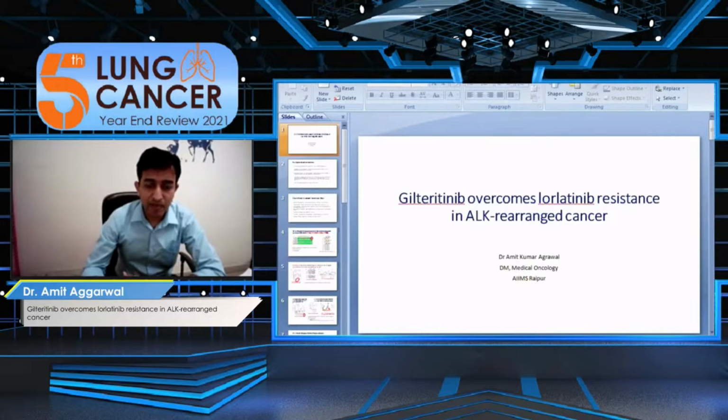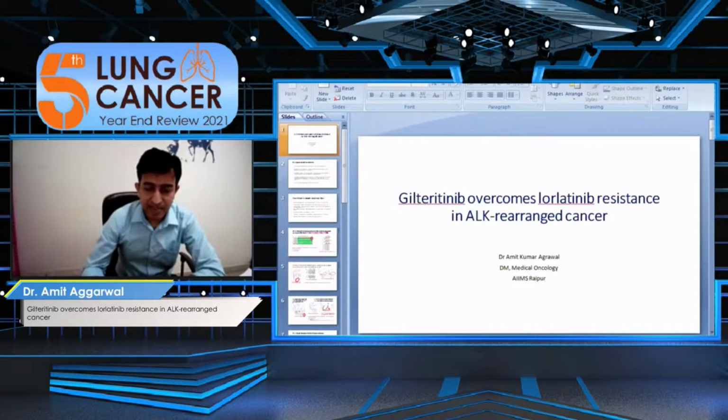Now, lorlatinib, with coming into clinical use, we are seeing various compound mutations, some of which can actually be resistant to all available ALK TKIs. So, in the quest for finding any active agents against such resistant mutations, researchers have probably come up with an answer, that is gilteritinib. We know that gilteritinib is a multi-kinase inhibitor which is approved for use in AML FLT3